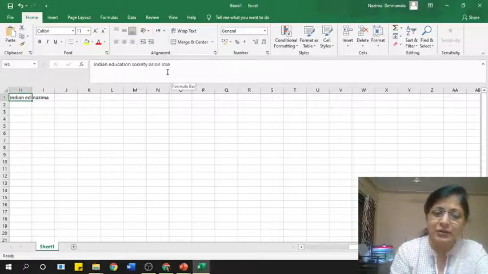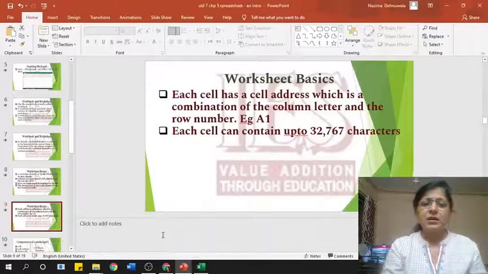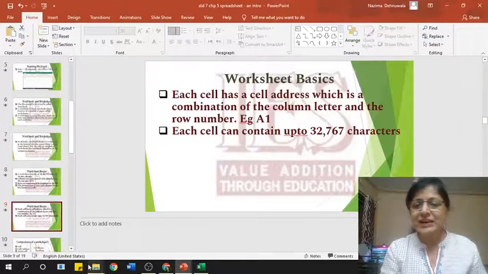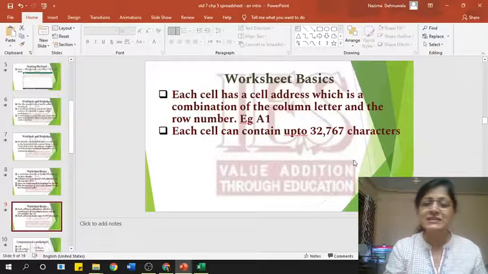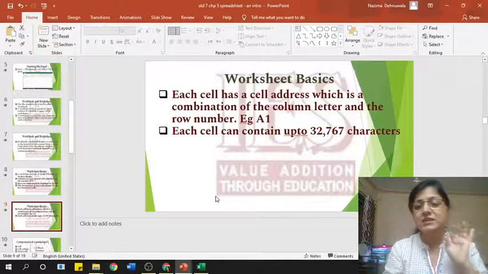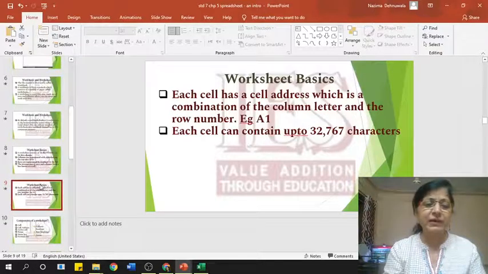Okay, so very soon you'll be learning how to increase the column width also. Okay, so basically in every cell you can type up to 32,767 characters. Okay, so that's a huge amount of data that we can store in an Excel file.